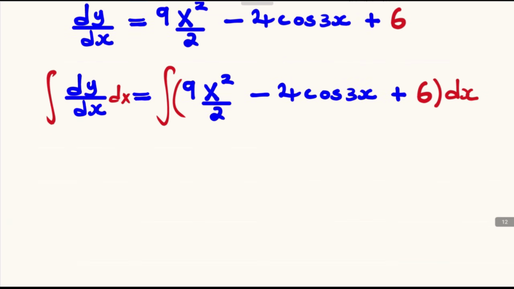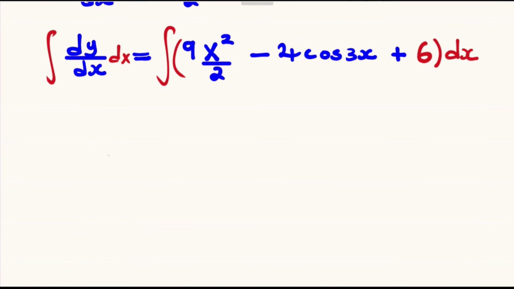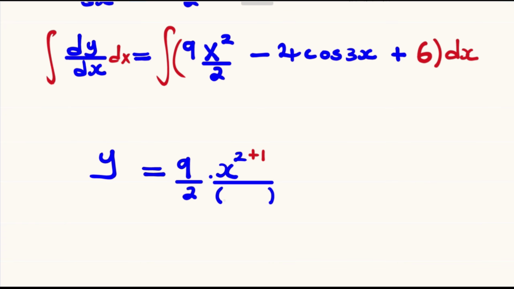On the left hand side, the integral of the first derivative is equal to the original function y, and this will be equal to 9 over 2 multiplied by the integral of x squared. The integral of x squared is x to the power, we add 1 to the exponent of the x, and we divide through by the new exponent, the 2 plus 1, minus 4 multiplied by the integral of cos 3x,